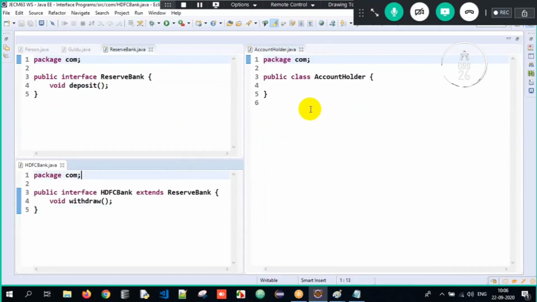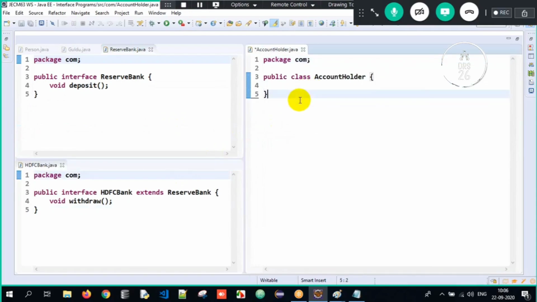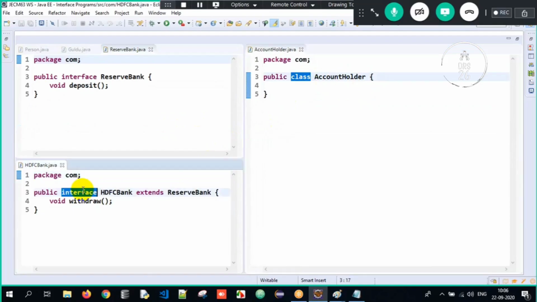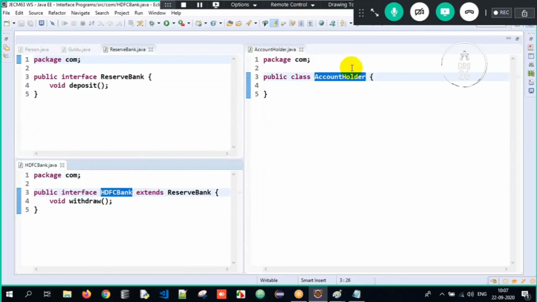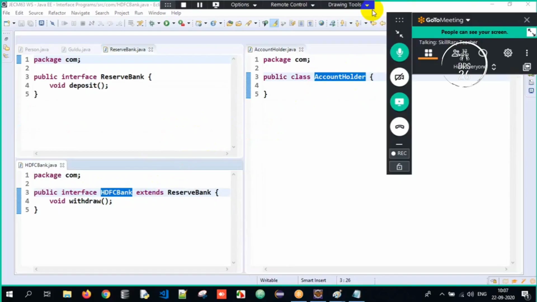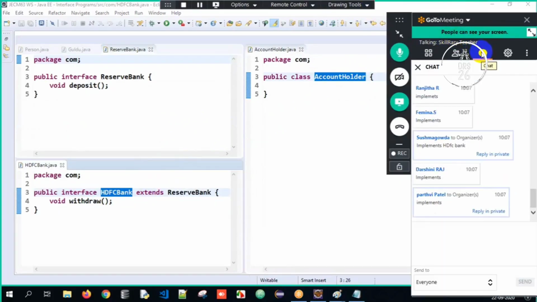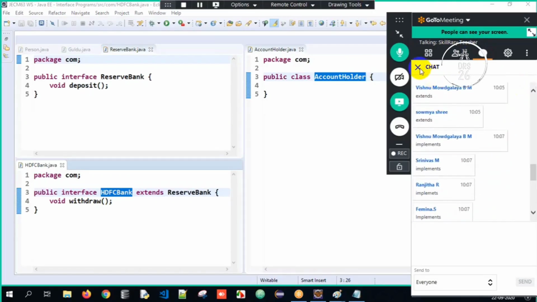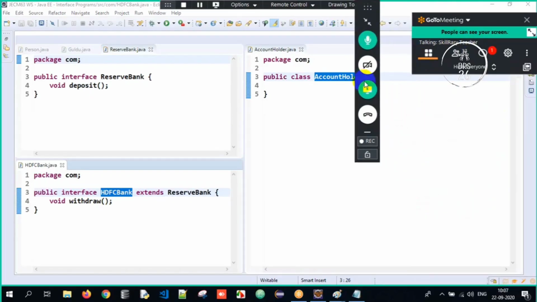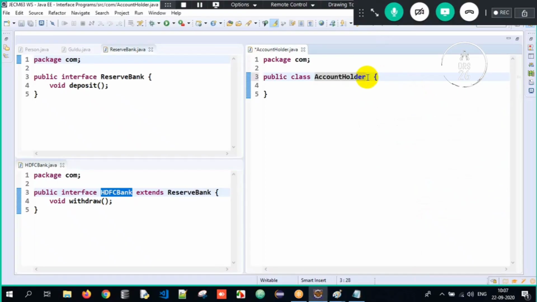I want to achieve an is-a relationship between class and interface, that is AccountHolder to HDFC Bank. Extends or implements? Class to interface, I should always make use of implements. Very good. Perfect. So here I will make use of implements.